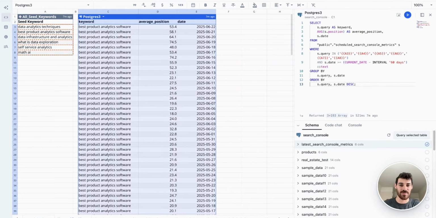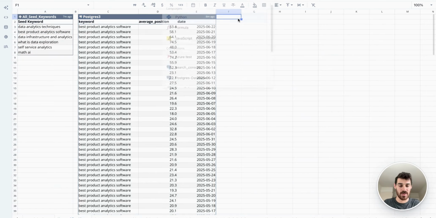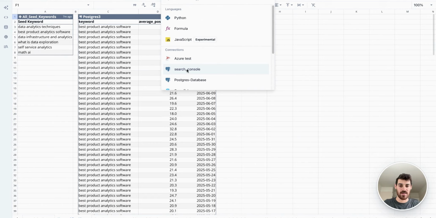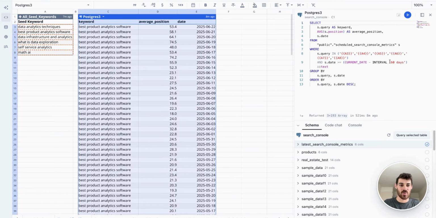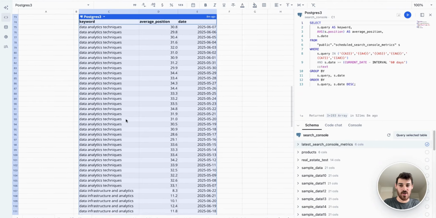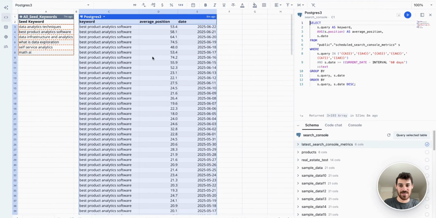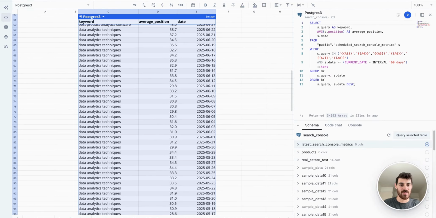And then we have our Postgres database here that we've set up from our Google Search Console API into the Postgres database that is connected directly to Quadratic. If you press / here, you can see our various database connections for my team in Quadratic. So we've got that all set up, and we are querying with SQL the list of keywords from our Python table here and showing the average position of those keywords over the last 60 days. And so we're able to get all of this great information